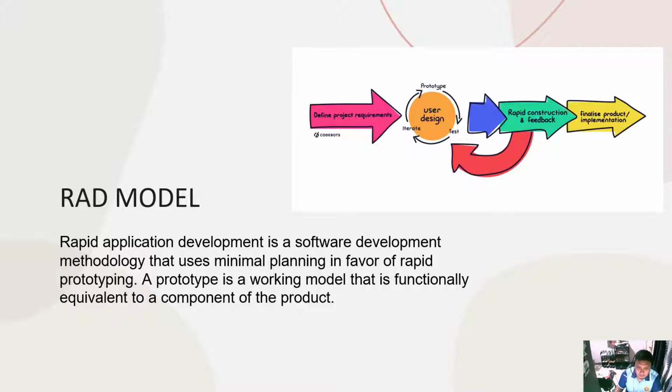So as you can see, you define the project requirements, then using user design, you have a prototype, you iterate the prototype and test. That is the user design, and we have the rapid construction feedback. Then, depending on the feedback, you go back to the prototype, iterate it and test it. Once the feedback of the construction is good, you go to the final implementation of